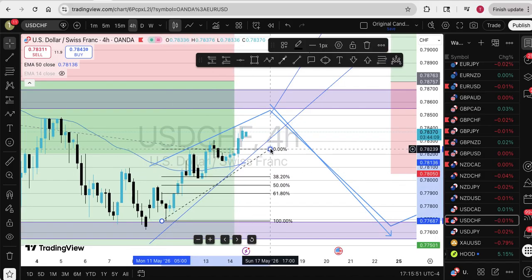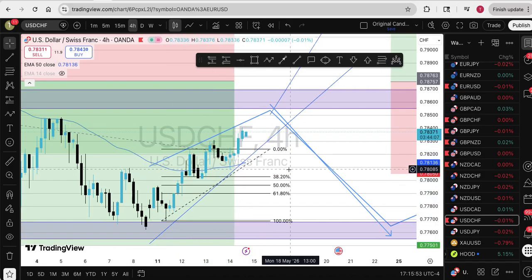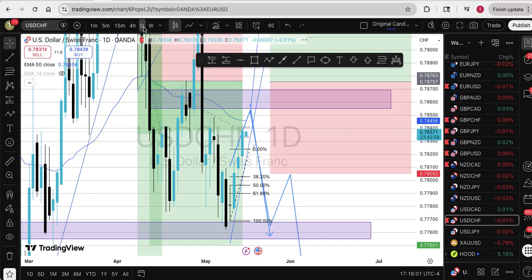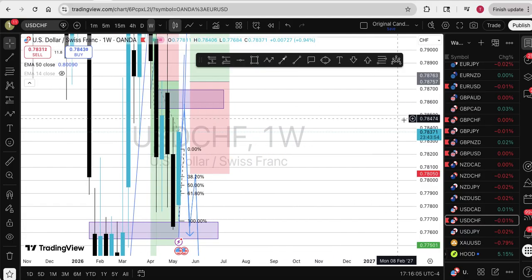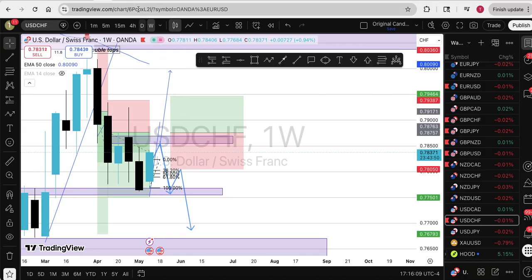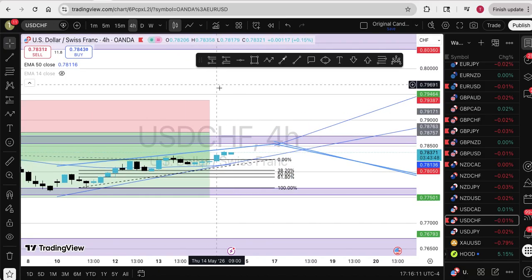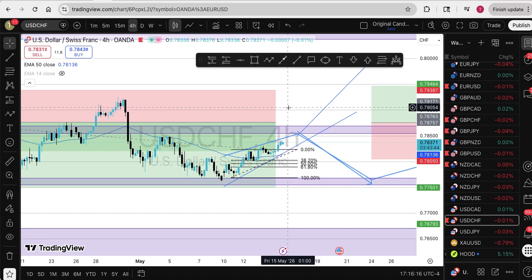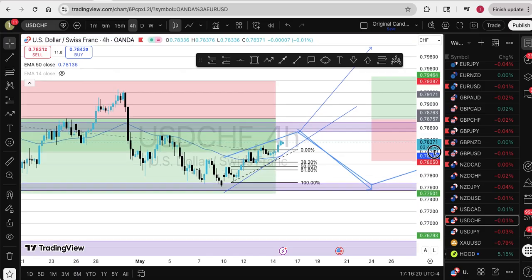Guys, the 4 hour time frame is our entry time frame. We have to be bearish on our 4 hour time frame to confirm that daily bearish momentum or reversal or continuation, whatever we are looking for to continue these buyers. Also on the weekly time frame. So 4 hour time frame, we cannot take the sell. We can only take buys on the 4 hour time frame